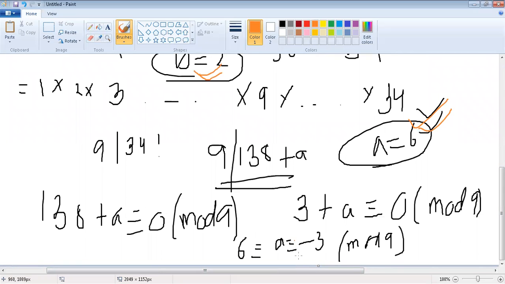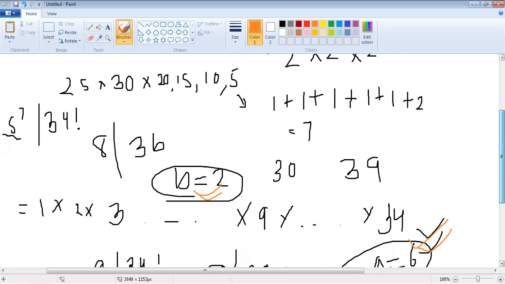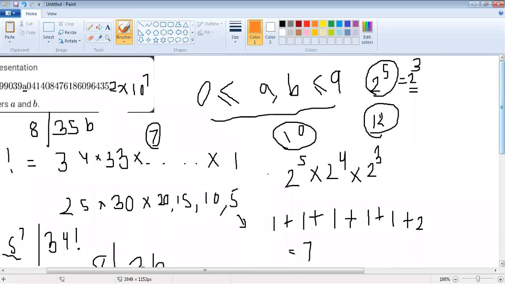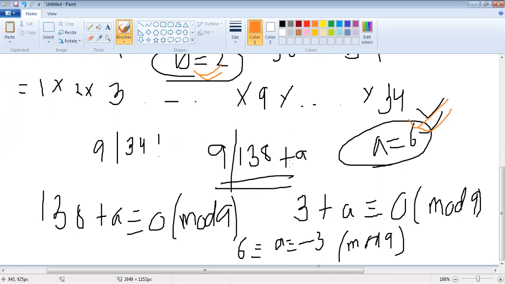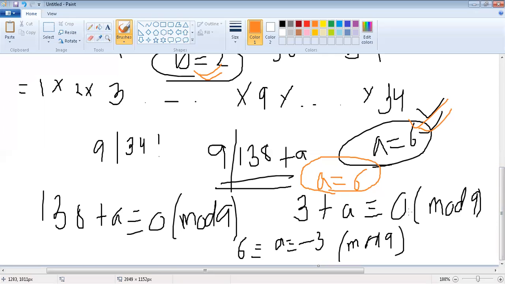Now for those who don't know about mod, this question was the same as asking what should be added to 138, where the a to be added should be between 0 and 9, such that 138 plus a must be divisible by 9. After some hit and trial, a clearly comes out to be 6. You can try that way also, but learn modular arithmetic. The problems I will leave at the end require modular arithmetic, at least one of them does.